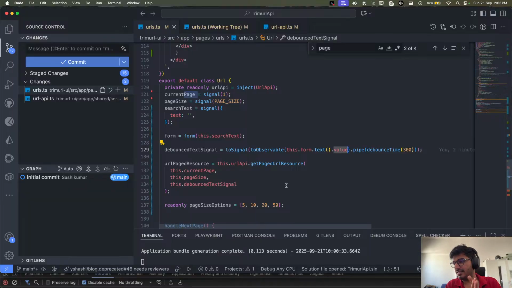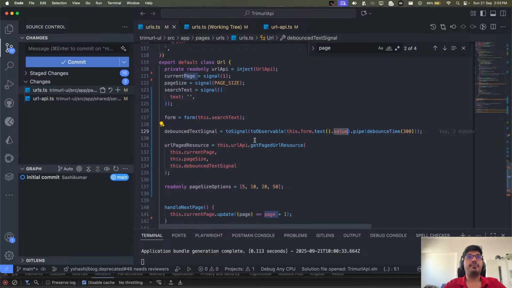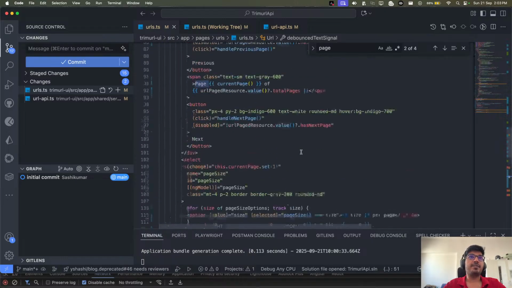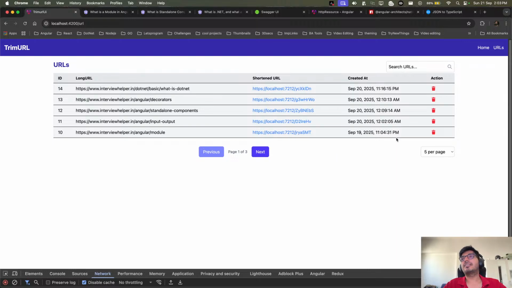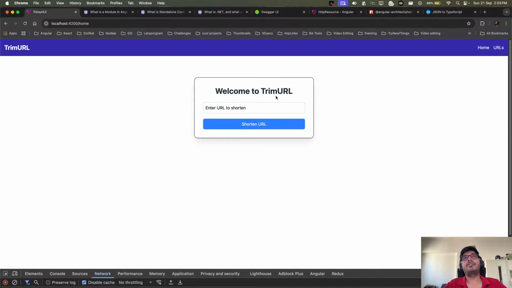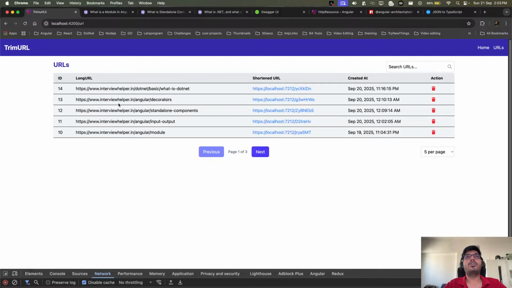I think this is going to be the end of this particular series that I started long back. Now you can also create the front end which makes this thing all work. Currently, as you see, we have the option to trim the URL, and we can also manage all our URLs here. There is one small thing pending, which is the delete action.